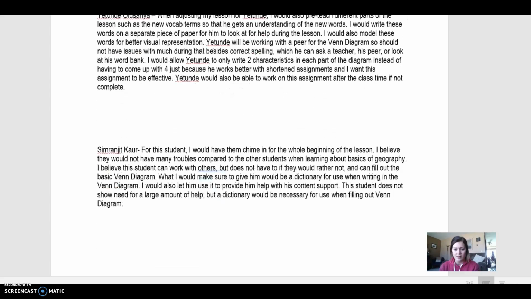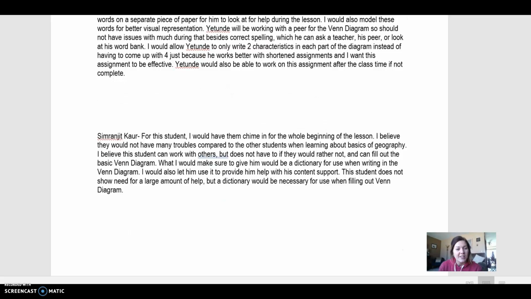And lastly, this name here, Simranjit. For this student, I would have them chime in for the whole beginning of the lesson just as I would for the other students, and I think the walk would be easy. I believe they would not have many troubles compared to the other students when learning about basics of geography. I think they would be able to be a little more independent than the other 2 students in this ELL project, but I believe the student can work with others but does not have to if they would rather not,